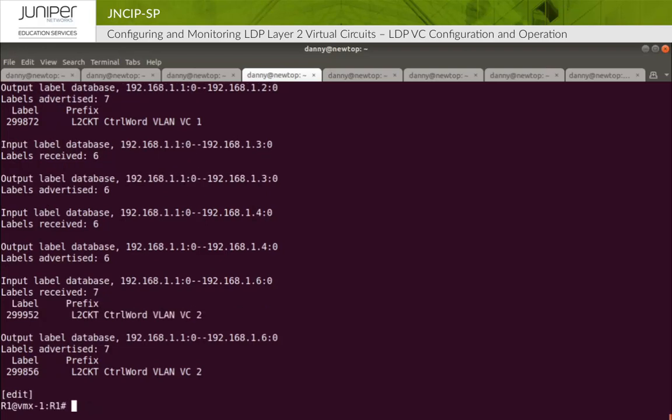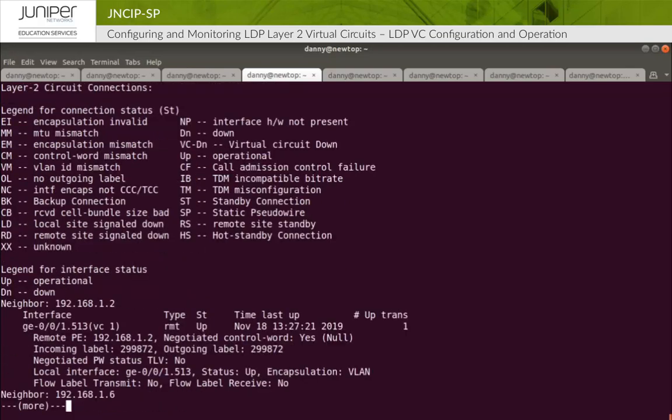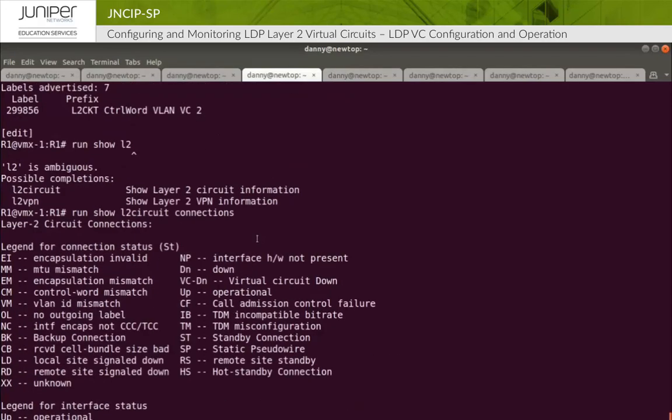We go down into the database further. We see the same information is replicated for PE-R6. It's exactly the same, although we're just talking about different label values associated with different virtual circuit values. So much like with BGP signaled layer 2 VPNs, we can now check the operational status of our virtual circuits with the show l2circuit connections command,